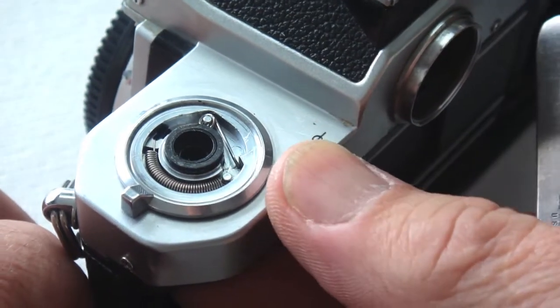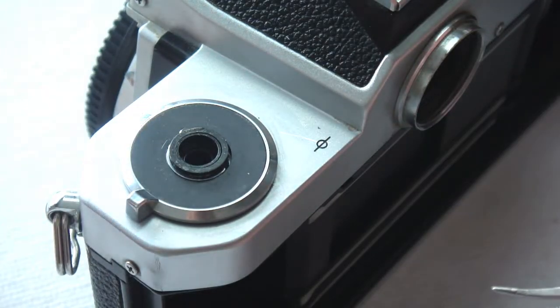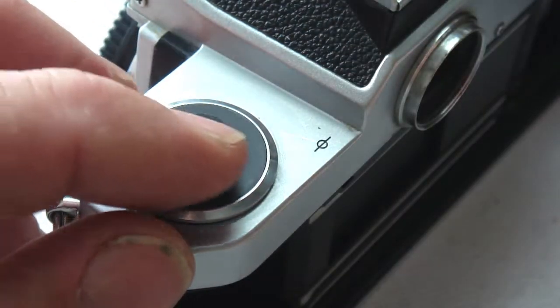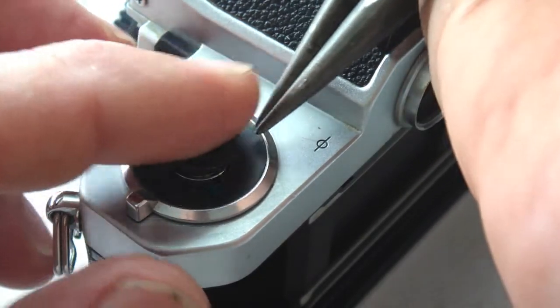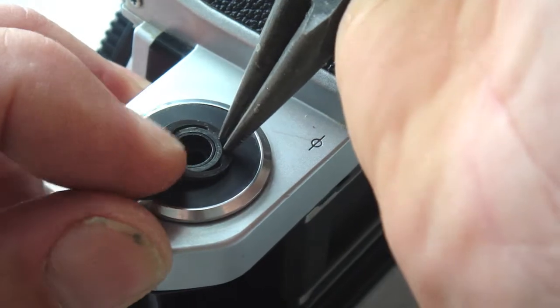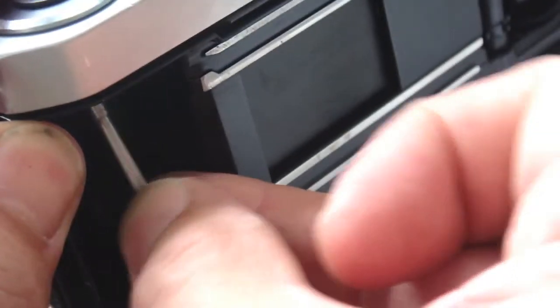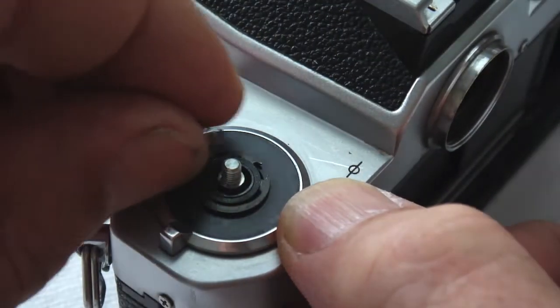Okay, with the springs in place, now lay the cover plate over the top of the springs, and then using C-ring pliers, you can seat the C-ring. And of course, with the C-ring retainer in place, the rewind shaft can be inserted into the rewind bushing,